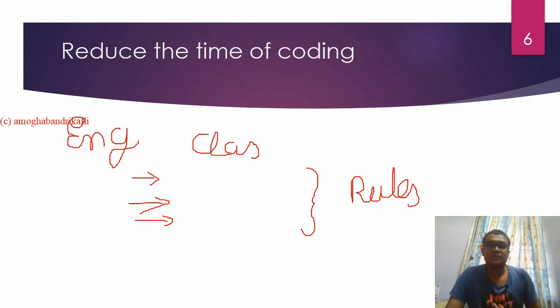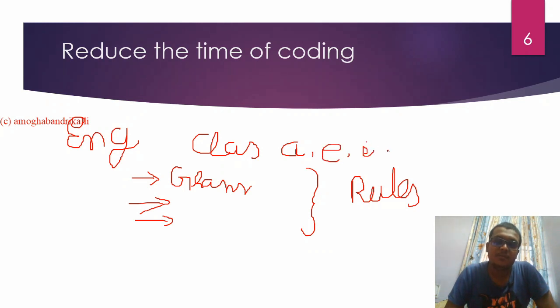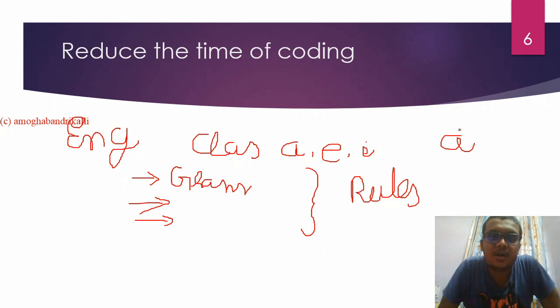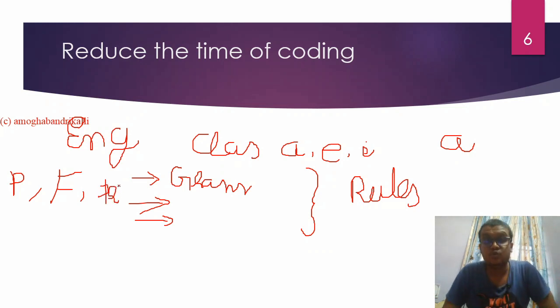First, for writing the rules, you need to go for some kind of grammar. You need to understand the grammar for programming. The grammar can be the usage of E, I, O, U, the vowels, before which you need to use the alphabet A. Coming to the grammar, past tense, future tense, present tense, you need to go for tenses. You need to write for tenses with lines of code. It is time consuming for grammar.